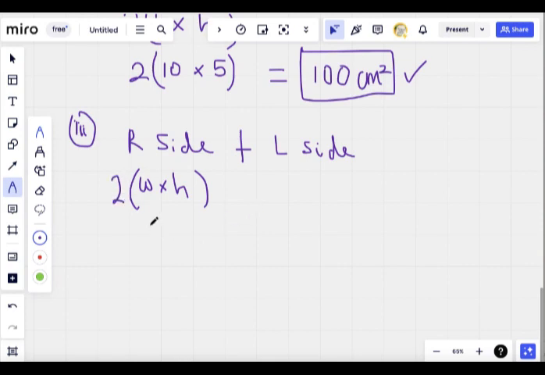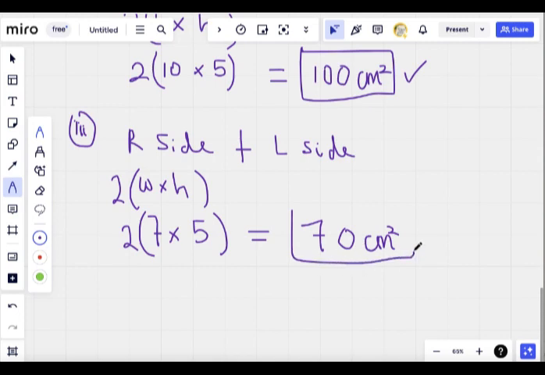Okay, so the width is 7 multiplied by the height, which is 5, you get 35, right? 35 times 2, you get 70. So for the sides, you get the area of both sides, both the left and the right side, total area to be 70. Now, the TSA, which is total surface area,